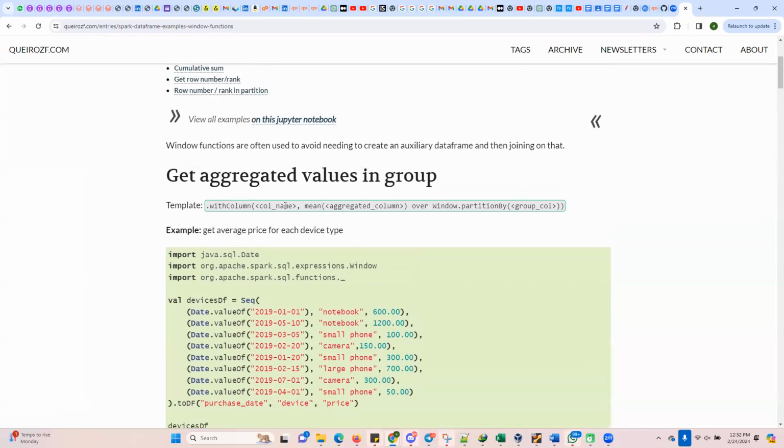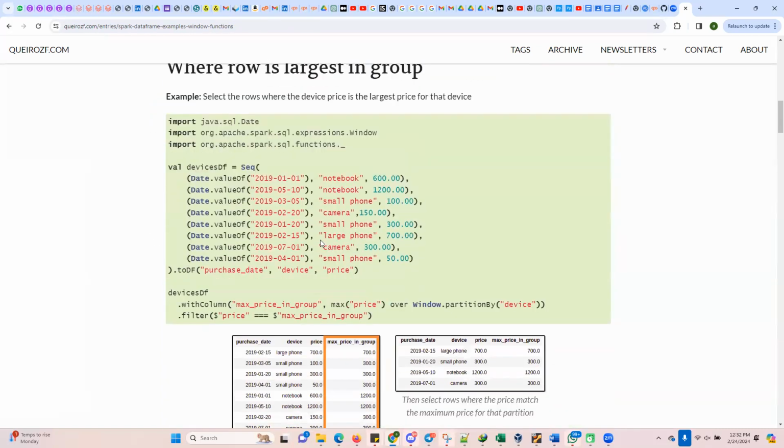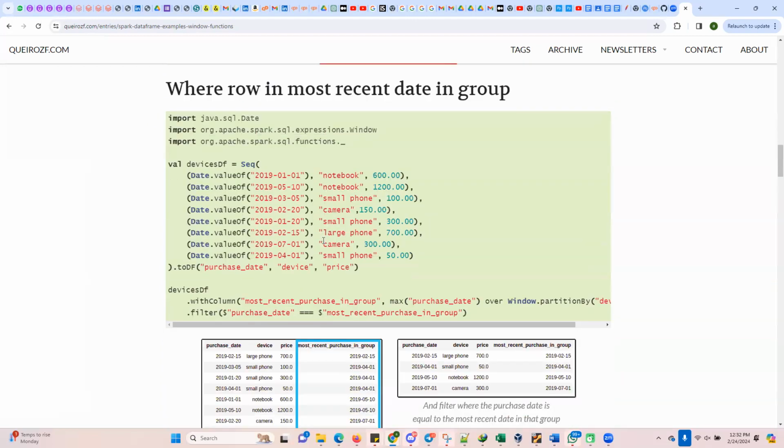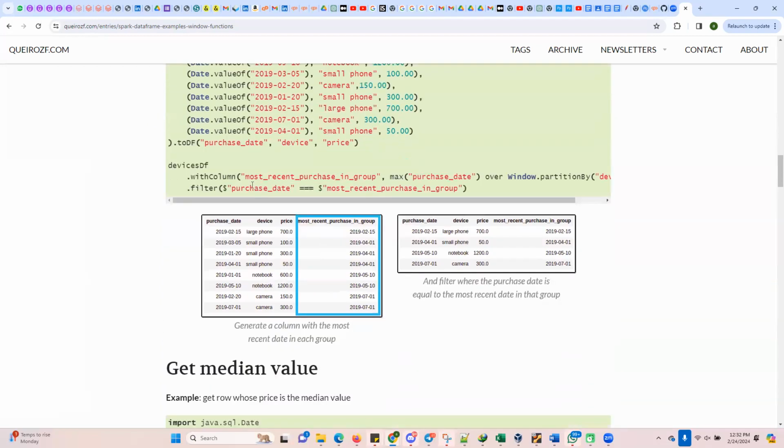So if you see in the data frame API, you have to prepare it like this. We have to prepare this part, and then we will write a new column and give it whatever function I want to use, an aggregate function, whether I want to do count, sum, average, or mean. Any function you can use on top of that. So first we have to create a window, and then you can apply